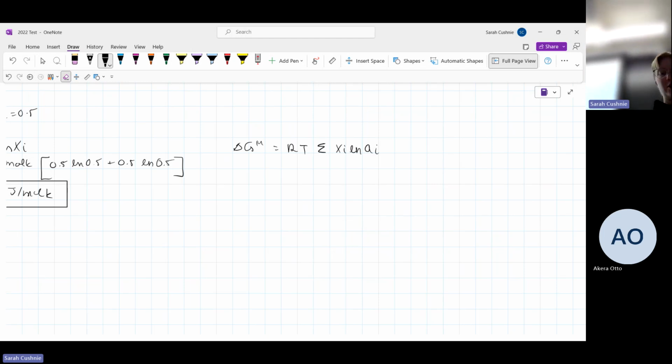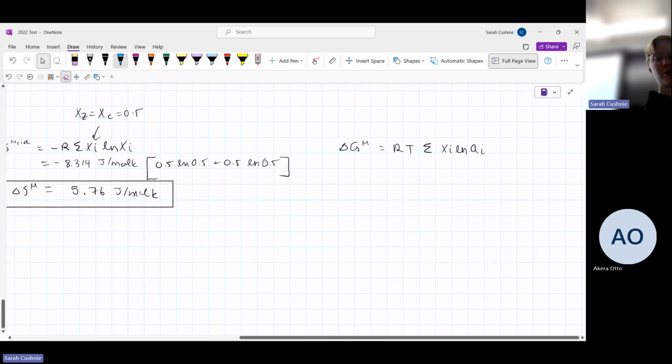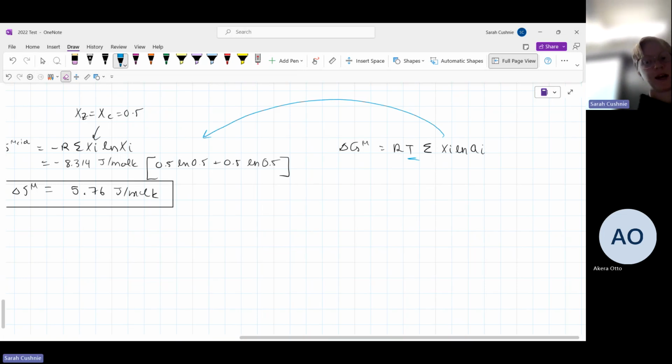So keep in mind that this is very similar to the one for our entropy, but in this case, we have to add a temperature. And then we also,